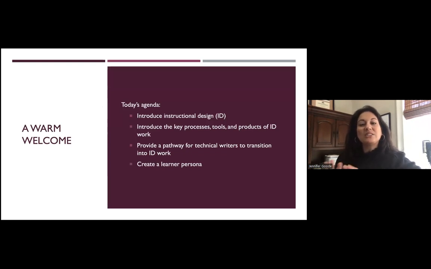So I thought we'd just start out with a baseline of talking about what is instructional design. The name gets thrown around. You see the acronym ID, like what are we talking about? So that we're all talking about the same thing. And then I'm going to share a little bit about the processes and tools and the people behind the work so that we can understand a little bit more about the industry, the field of practice.